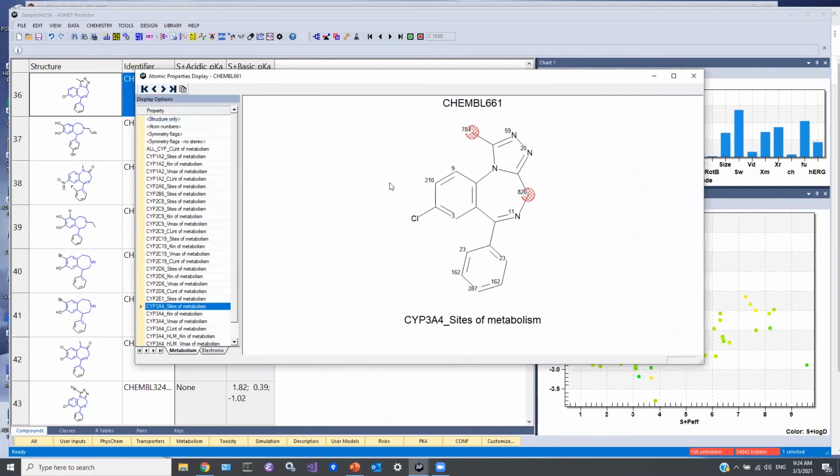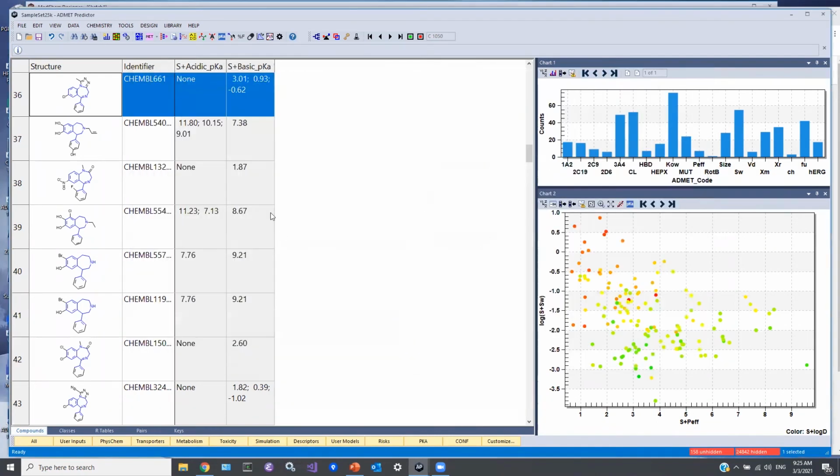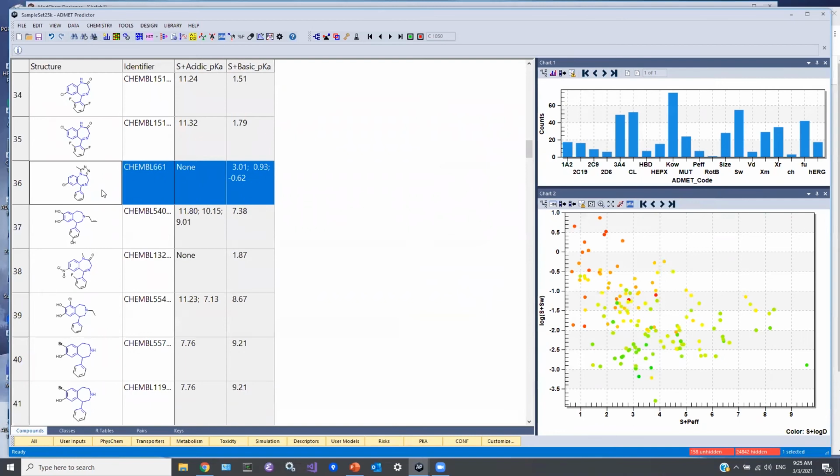for example, the 3A4 sites of metabolism, showing the two that we predict. And I can show the analogous predictions for the 3A4 intrinsic clearance predictions. To see the prediction of actual metabolites, the most visually appealing way is in our MedChem Designer software, the Sketch